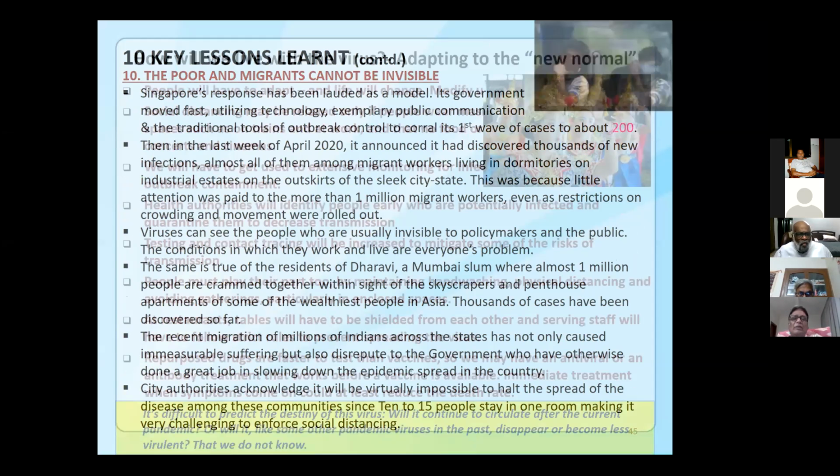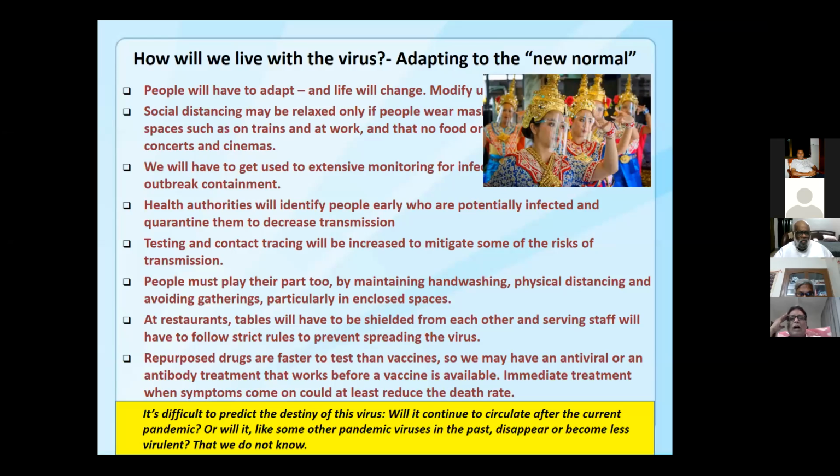How will we live with the virus? How do we adapt to the new normal? People will have to adapt. Life will change. Social distancing may be relaxed only if people wear masks in open spaces such as on trains